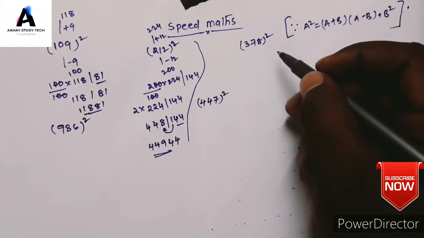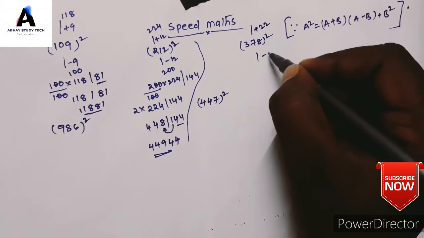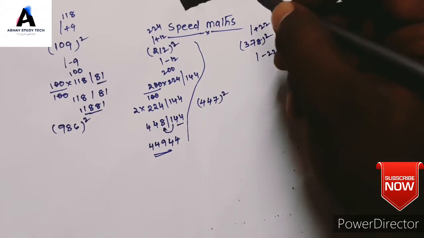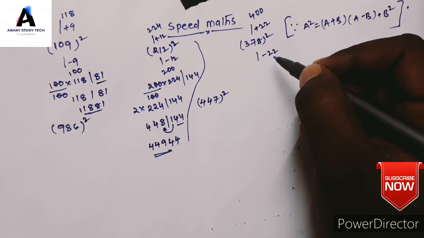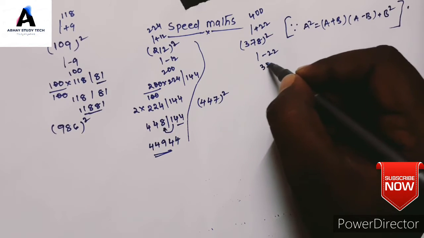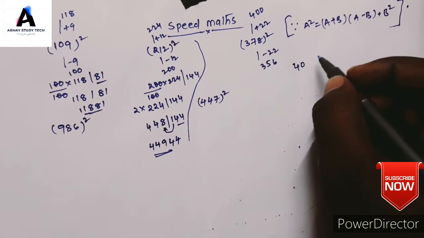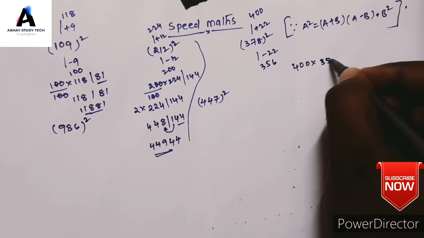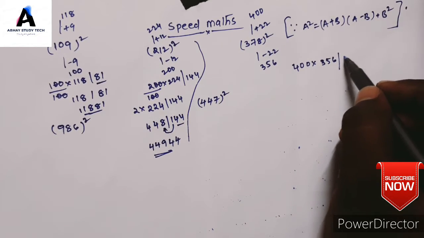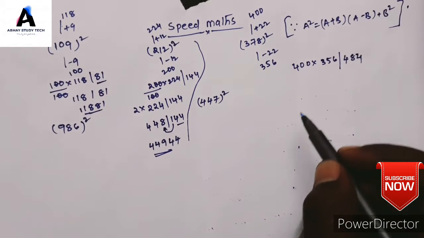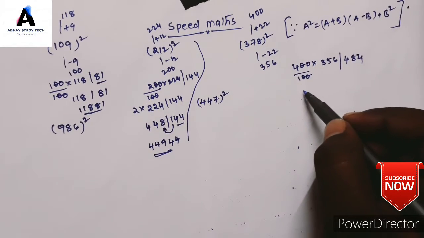378, friends. 378 we can write as plus 22 minus 22. 378 plus 22 is 400. 378 minus 22 is 356. We write 400 into 356. 22 square is 484. Divided by 100, two zeros will be cancelled. 4 into